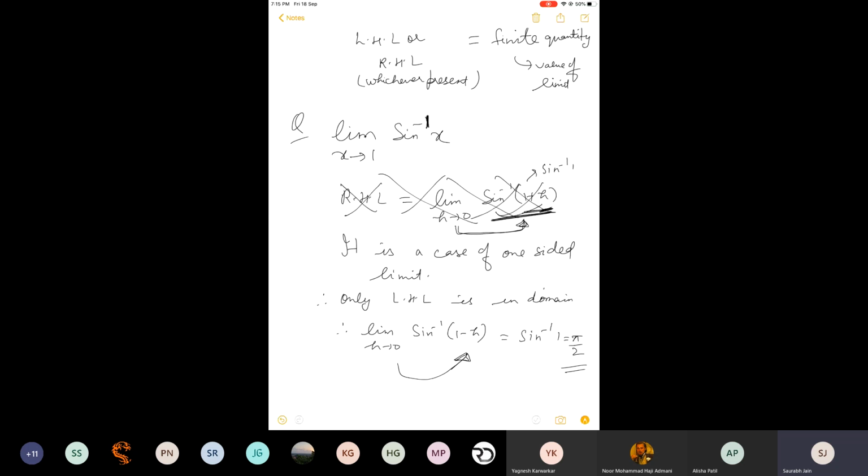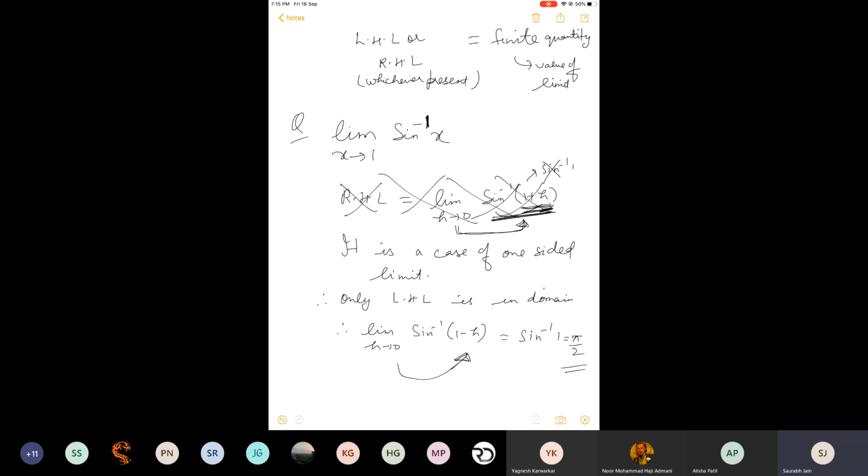But writing it as sine inverse 1 or sine inverse 1 plus h or whatever is wrong. Why? If it is not in the domain, what is the purpose of writing all this? Because technically we are wrong. We are placing some value which is greater than 1 in sine inverse. So if it is an objective question, this may be escaped, no one noticed that you